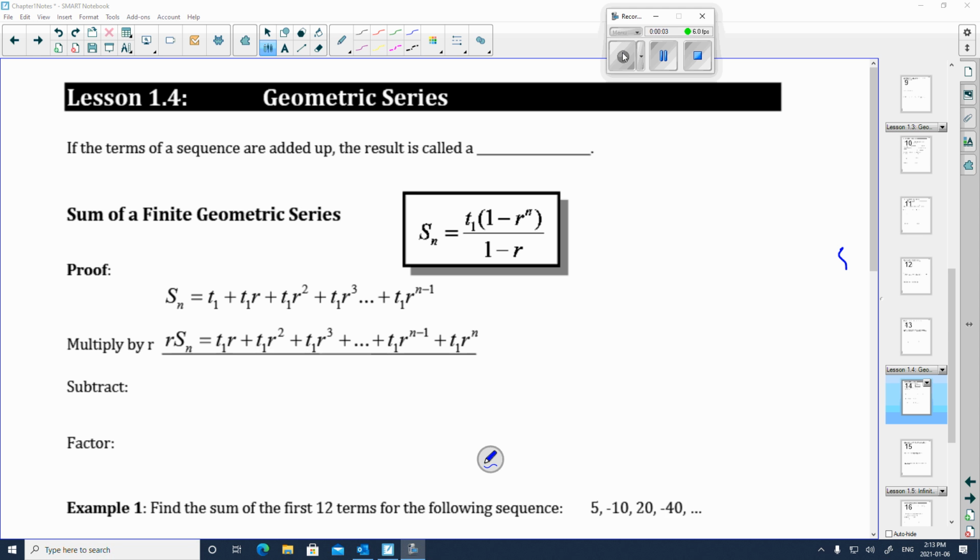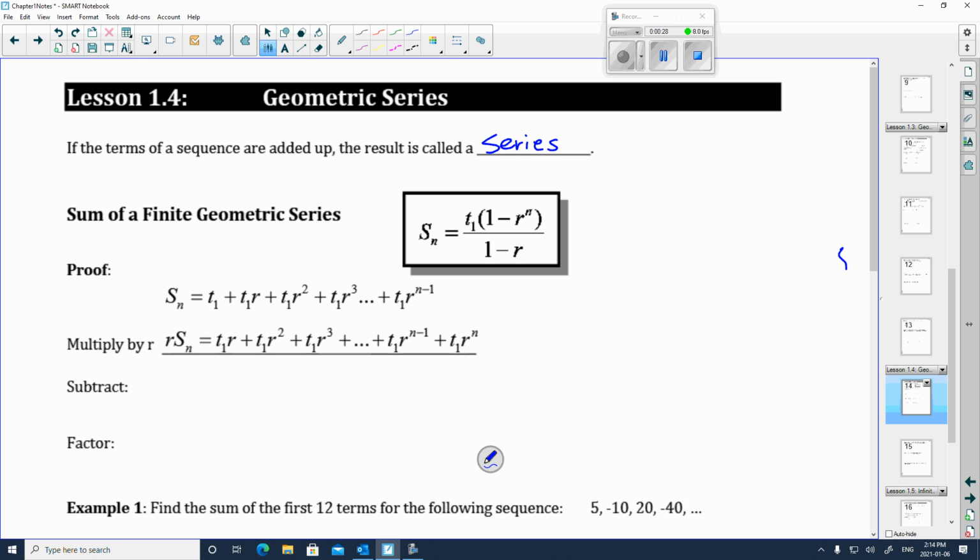Right, lesson 1.4, geometric series. If the terms of a sequence are added up, the result is called a series. So I'm going to prove to you how they get this formula, and we use the previous formula for